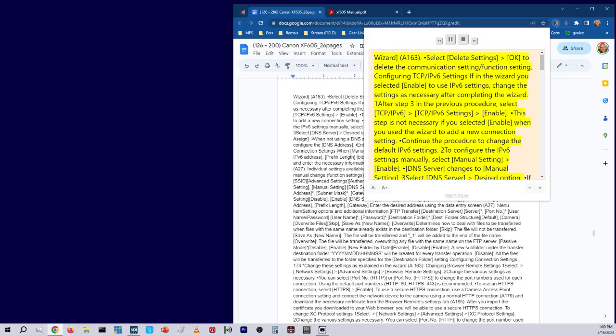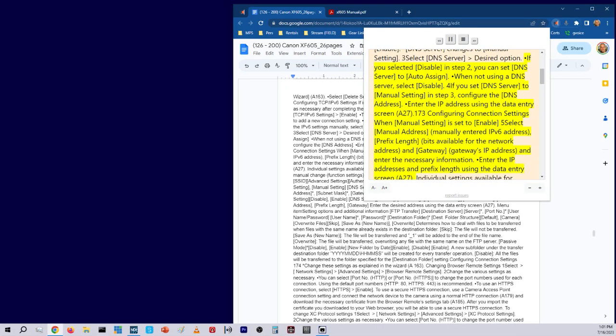2. To configure the IPv6 settings manually, select Manual Setting, Enable. DNS Server changes to Manual Setting. 3. Select DNS Server, Desired option. If you selected Disable in Step 2, you can set DNS Server to auto-assign. When not using a DNS server, select Disable. 4. If you set DNS Server to Manual Setting in Step 3, configure the DNS address. Enter the IP address using the data entry screen,